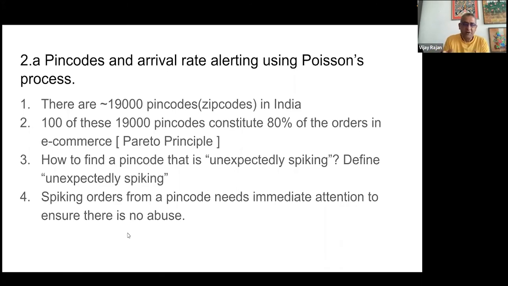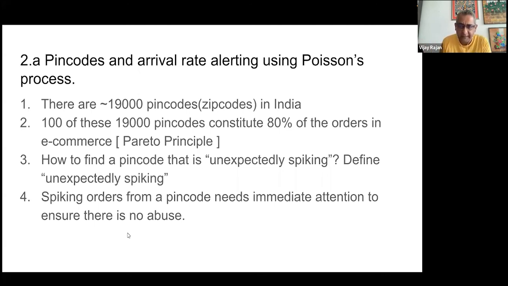So 100 to 200 pin codes, out of about 19,000, constitute about 80% of your orders in e-commerce. It's kind of like the Pareto principle, right? The 80-20 rule, but again, it's much more skewed than 80-20. Now, how to find a pin code of the remaining that is